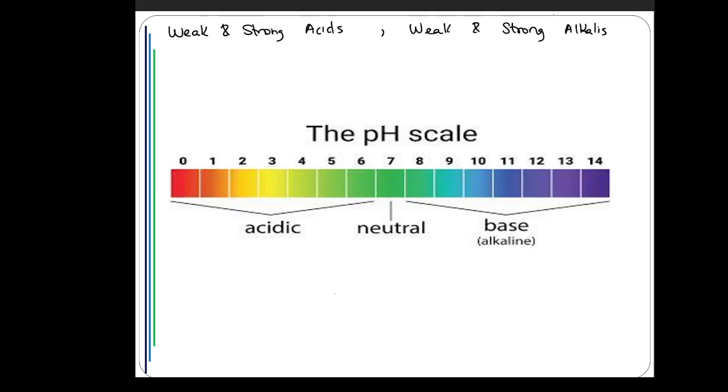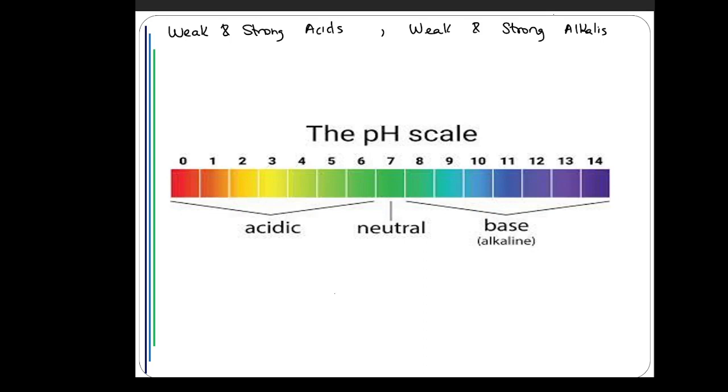The heading is weak and strong acids, weak and strong alkalis. What we see on the screen is the pH scale. I want to review what we know on the pH scale before we proceed. We've discussed pH as a measure of how acidic or basic a solution is, and we've divided that pH scale